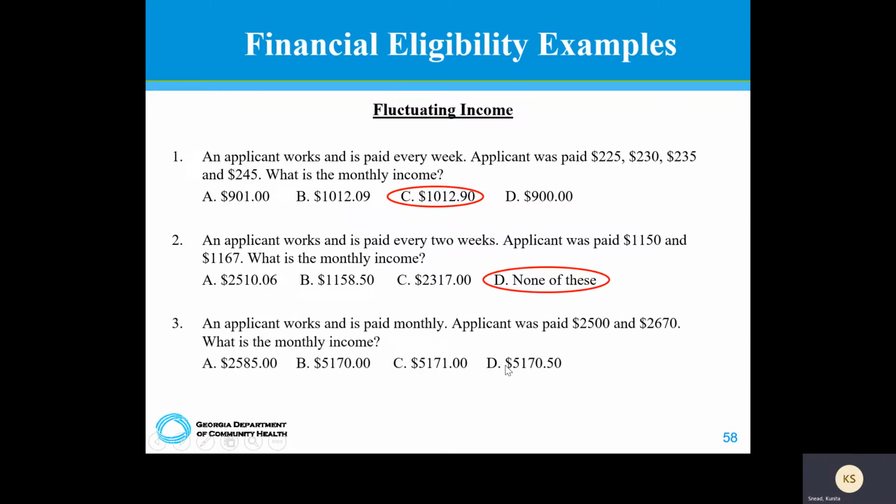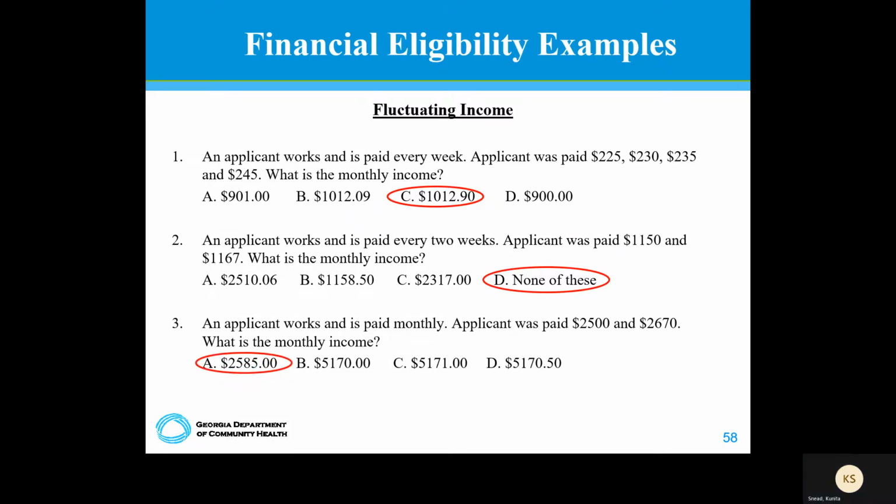And then the last example, you have an applicant who works and is paid monthly. They were paid $2,500 and $2,670. What is the monthly income? So add $2,500 plus $2,670, and you should get $5,170. They had 2 pays, so divide that by 2. You get $2,585. They're paid every month, so just multiplying it by 1, it's just